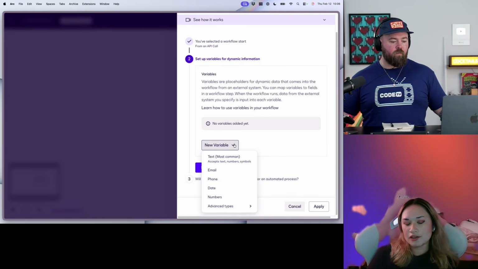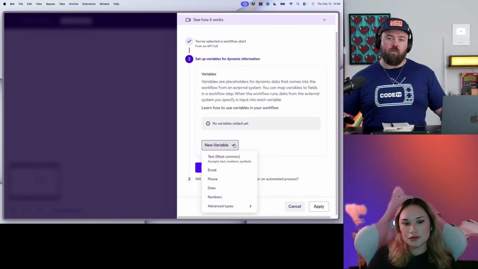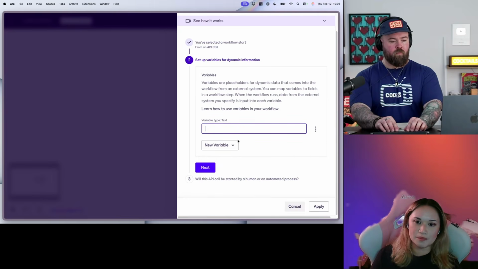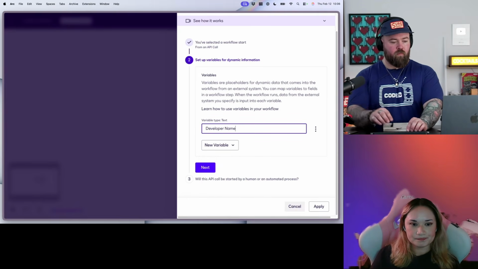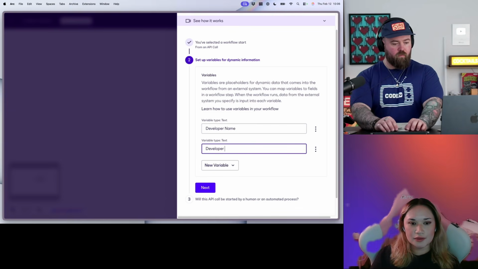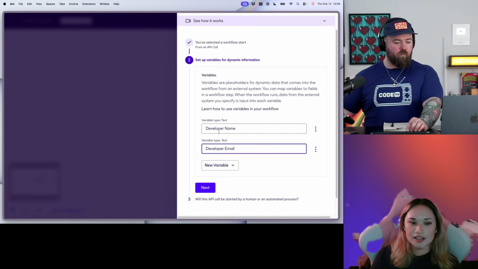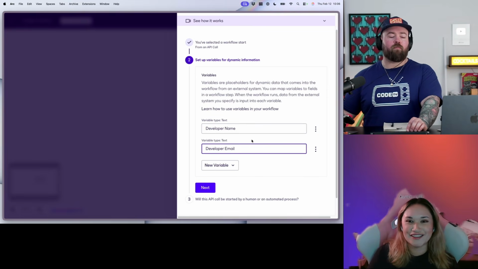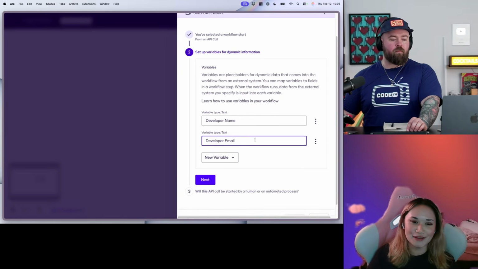So this is kind of a quick and dirty way to do it. And there's going to be two text variables we're going to use, which are developer name and developer email. Usually you can pre-fill this if you use a pre-filled tab or something like setting a config file in your server. You can pre-fill this stuff, and so then it'll be actually your developer name and actually your email.